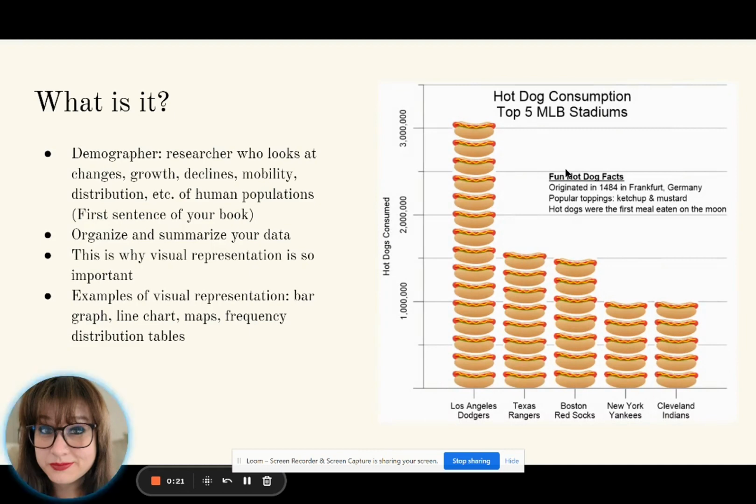They talk about a demographer. And a demographer is a researcher who looks at population. So things like changes and growths, birth rates, decline, like death rates, etc. A lot of it has to do with population changes, so migration patterns, immigration, emigration. So immigration being groups of folks that come in, emigration being folks that leave,